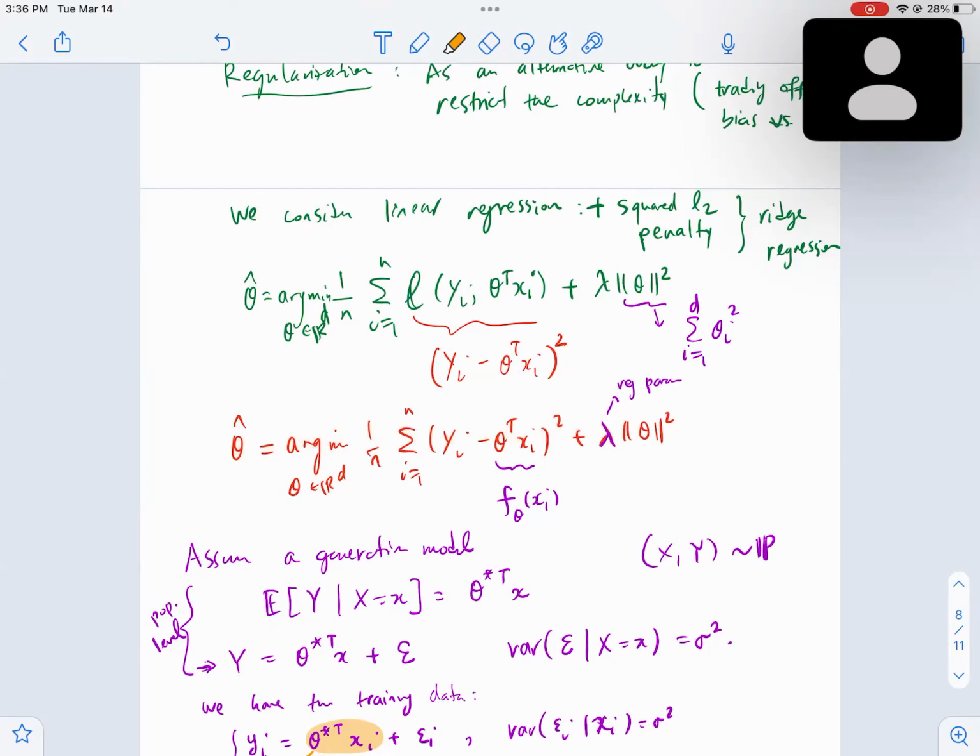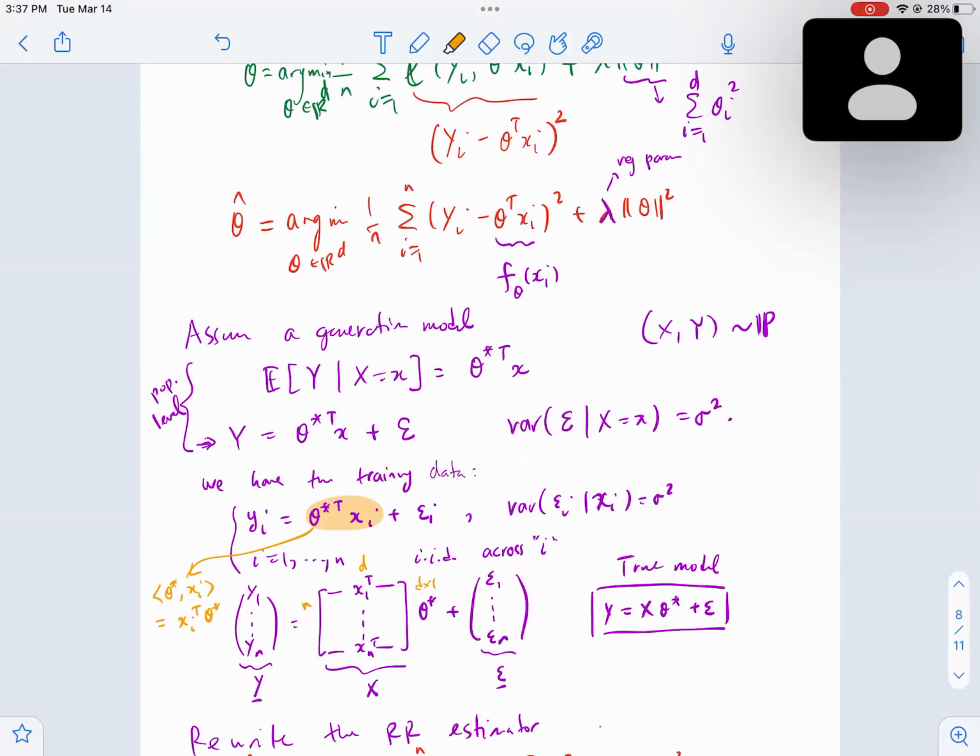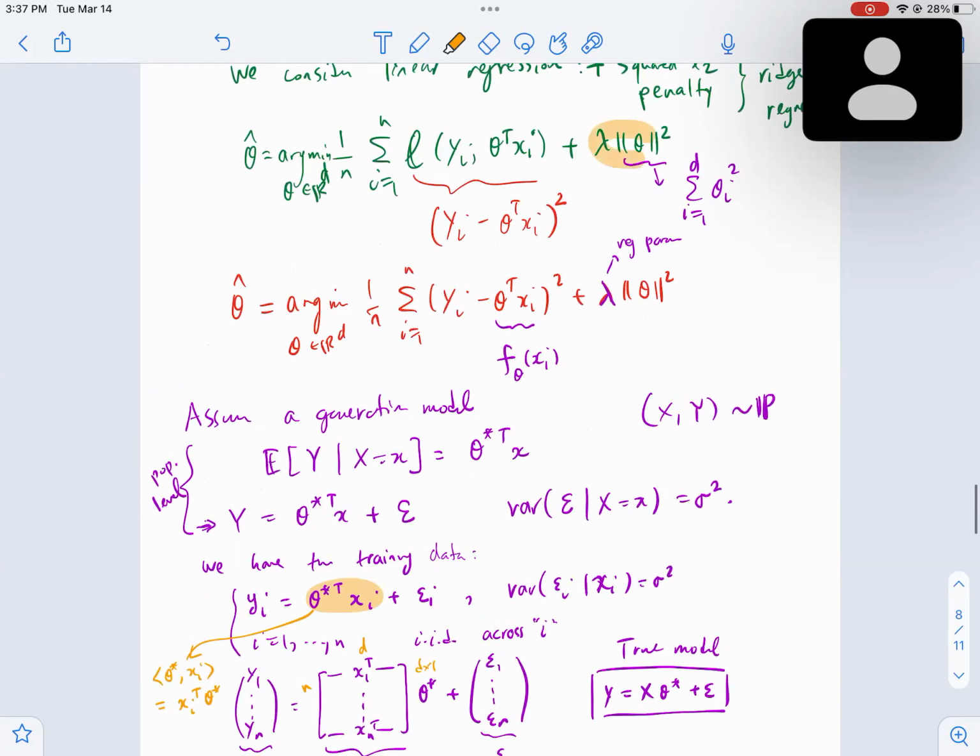We were looking at ridge regression, and here I'm assuming that the features are xi. They could be after we map it using a feature map to a bigger space. So there's really no loss of generality if you think about linear regression after you transform your variables to a new feature space. Now you can actually model nonlinear functions in the original space. So in any case, we're dealing with linear regression, and we added this L2 penalty here,